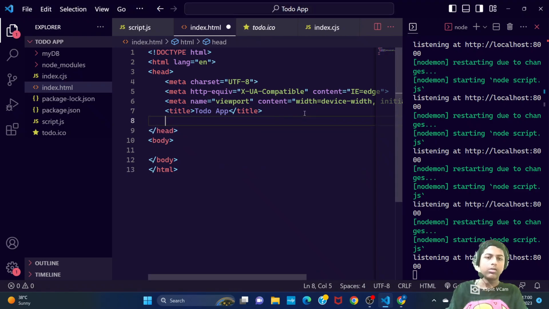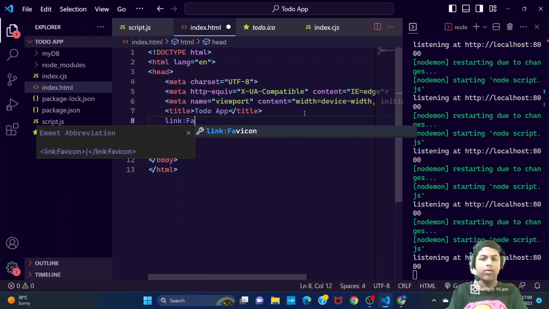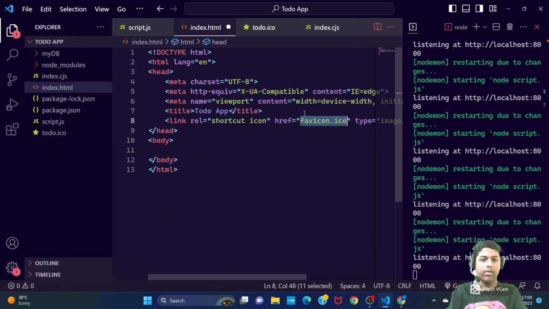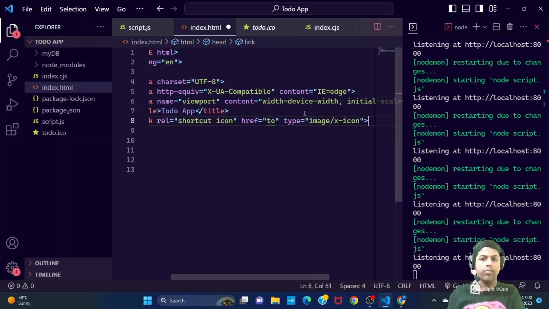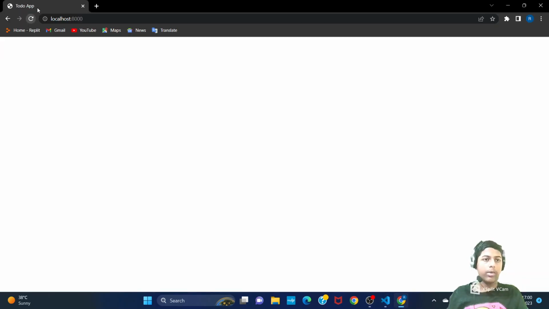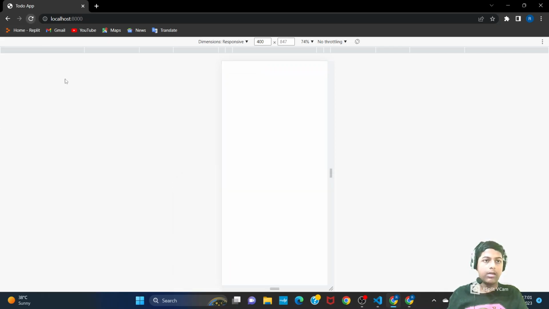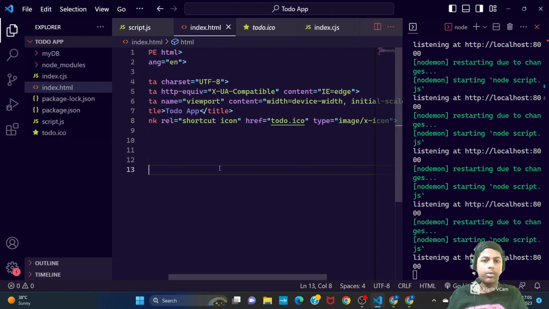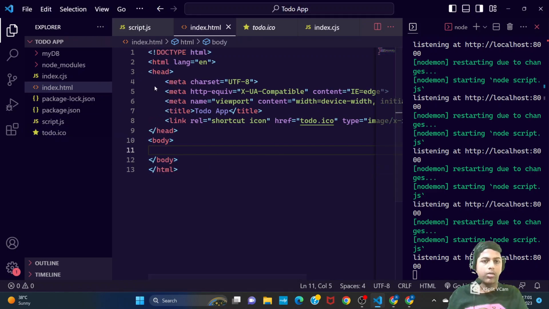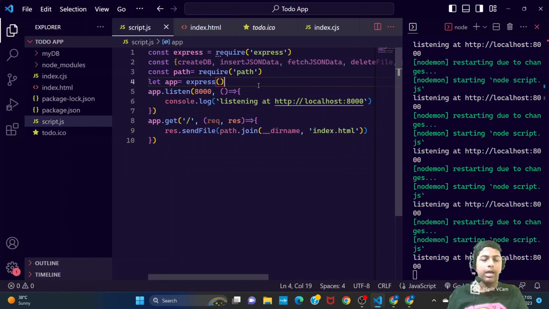I think let's go here and say link favicon, and here let's say todo.ico. Let's save this and go back. Now also we are not able to see that. Let's go to inspect. It's saying that it cannot load the content because, okay, so for that in express we